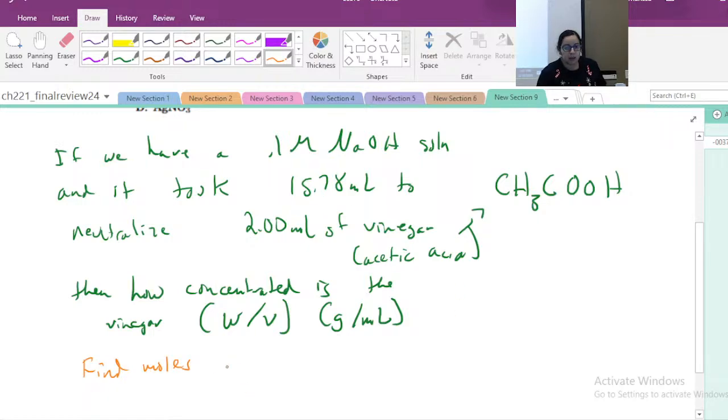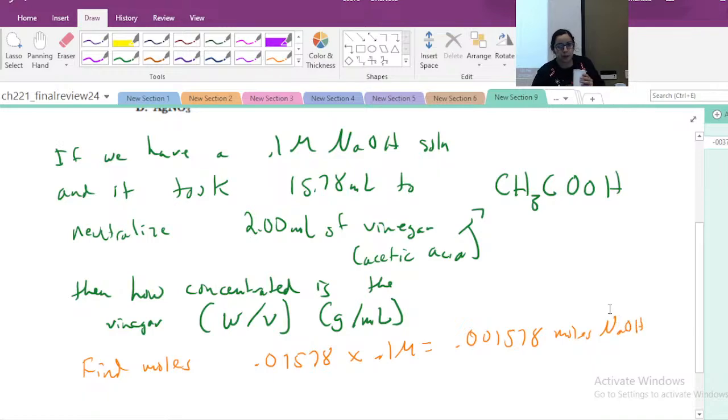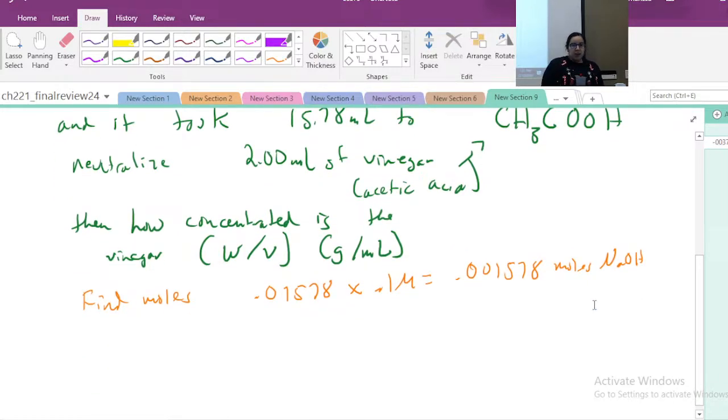And so again, just like we had said, convert our milliliters to liters. That'll make it easier. Times 0.1 molarity. It's now 0.001578 moles of sodium hydroxide. And so then if we want to find this gram per milliliter that it's asking for, well, first we need